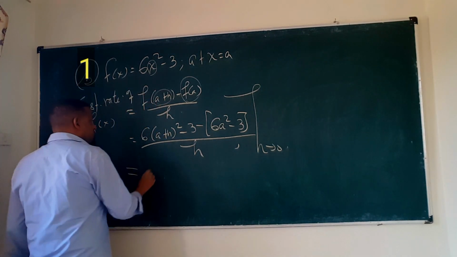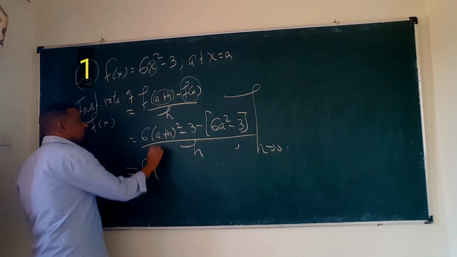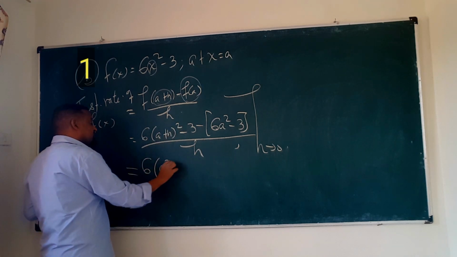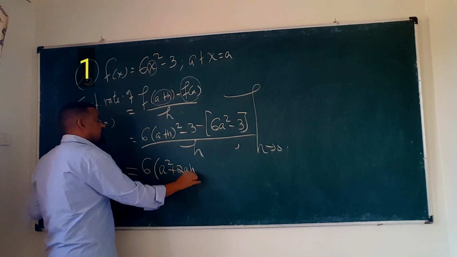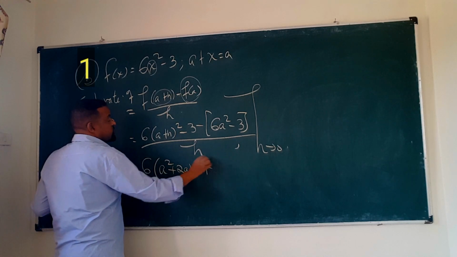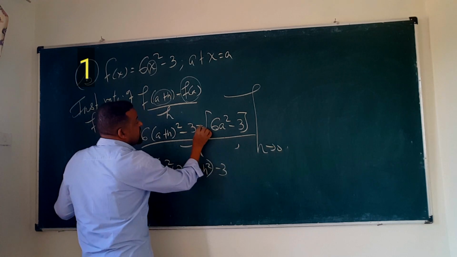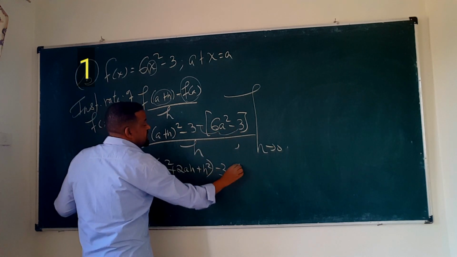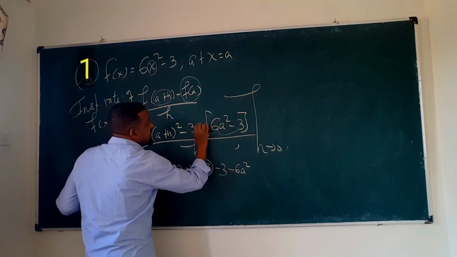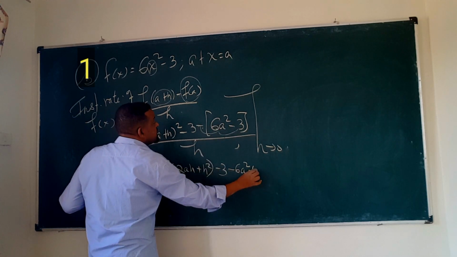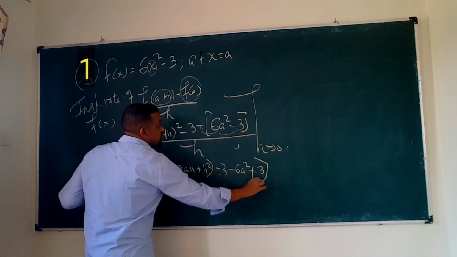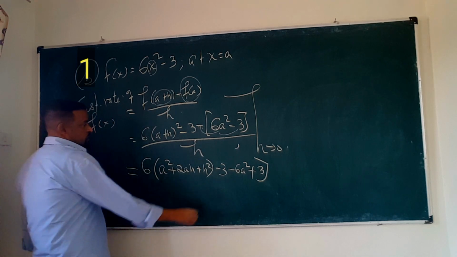Okay, so simplify: 6 into a plus h whole squared means a squared plus 2ah plus h squared, minus 3. The negative distributes to both: minus 6a squared, and negative times negative is positive 3. Okay,